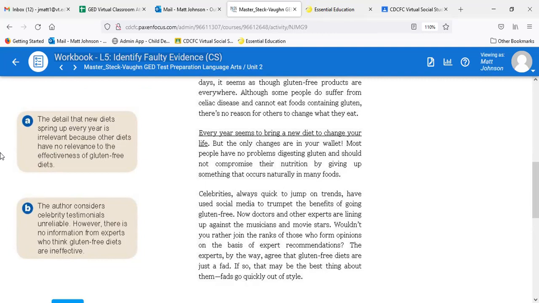Same thing with any other, you can make a claim. Let's try to think of another fad diet or something, but you could just say, there's another fad every year, but that doesn't mean that you should change what you're eating. Or it doesn't mean that one thing's healthy because it's part of a fad. We all always know vegetables are good for us, and having a low carbohydrate diet is pretty good for us. But